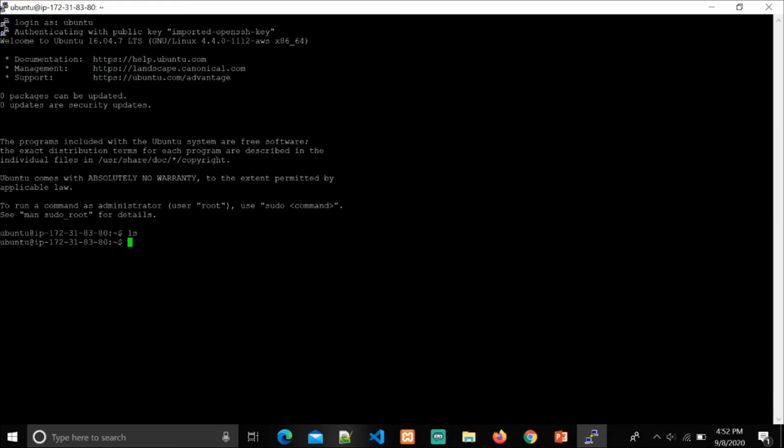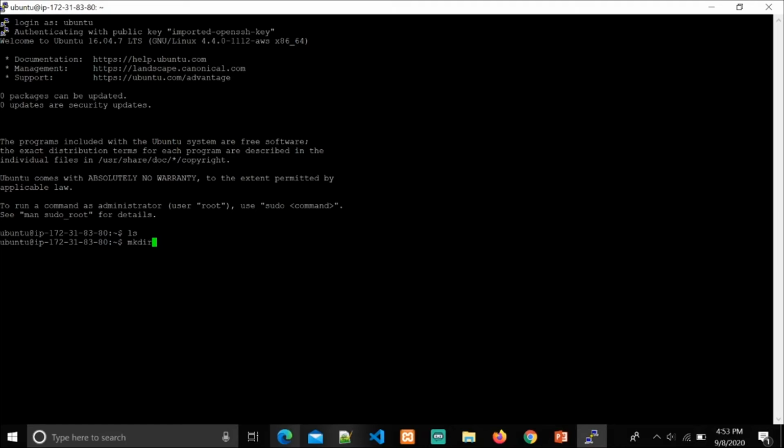It is nothing. So here in our instance it is new like a computer, and it is Ubuntu operating system which we have created, and in this we can do anything what we want, such as